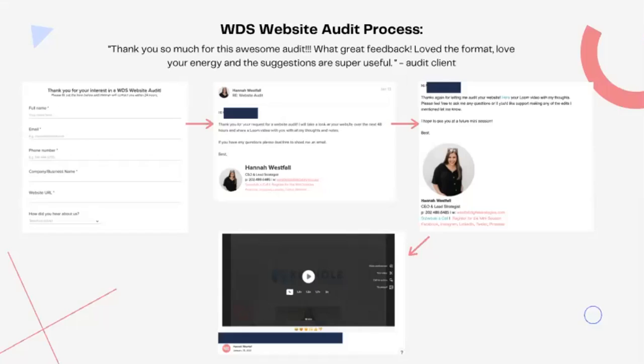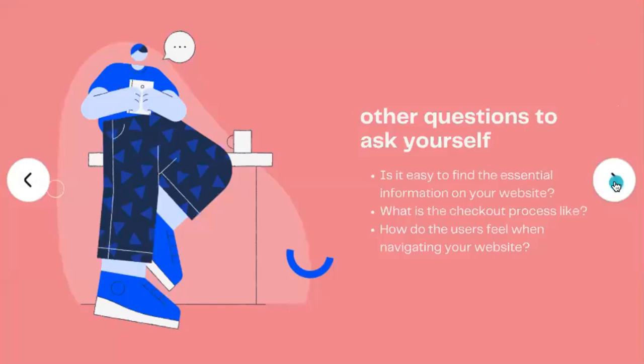So that was my whole thought process when even creating this system, was how do I want people to go through it and how many steps do I want them to have to take? I want them to have as few steps as possible to get from point A to point B, which would be from signing up to getting their audit. And so that can be really, really helpful. And then from there, I can reach out and say, can I help you with some of these edits? Is there anything else I can do? Do you have questions? And the conversation can continue. So thinking through all of those different pieces is really helpful.